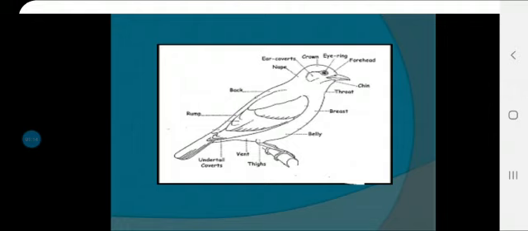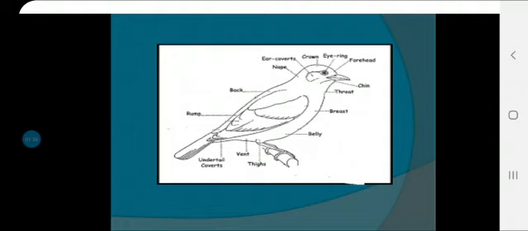Birds are different from other animals because they can fly in the air. No other animals can fly like birds. Then let's see why they can fly and what do they eat and how do they survive in the nature.